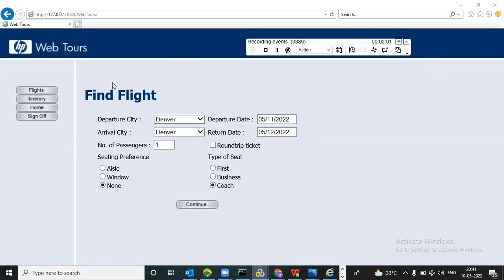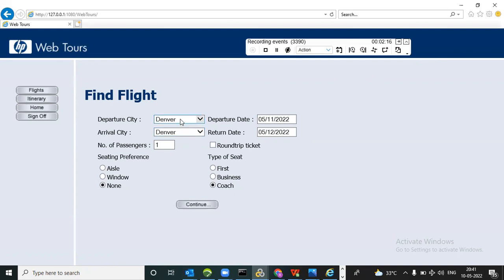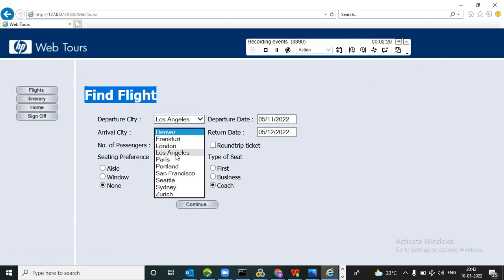After that, next what are we doing? Find flights. You can give the transaction name as find flight, and I'm giving T03 for that, and click on OK. After that, you need to select the departure city and arrival city, whatever you like. It depends on the user, so it will differ. Maybe I'm selecting the